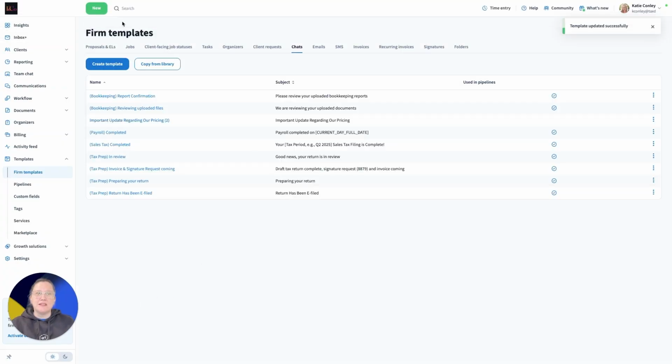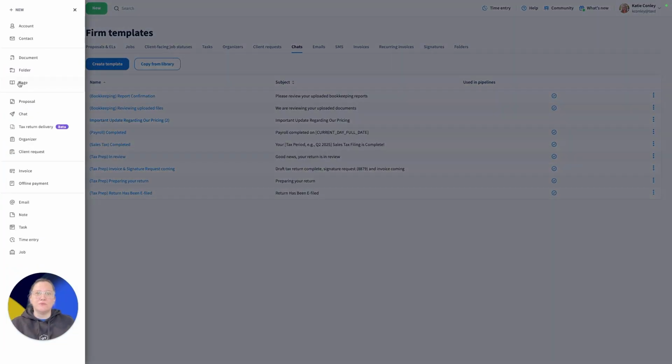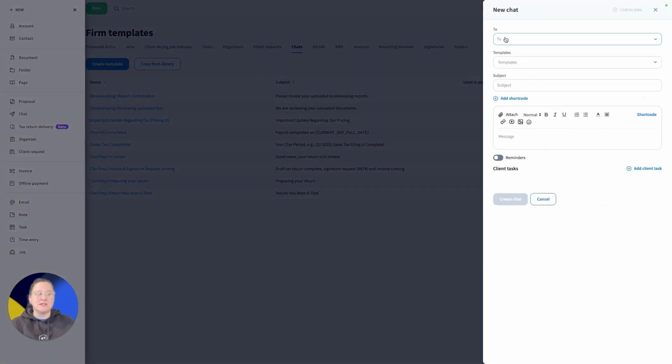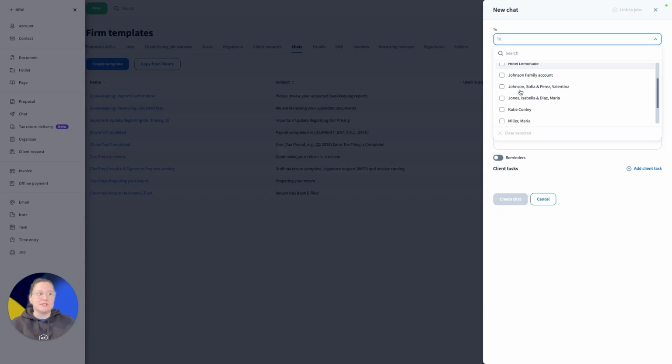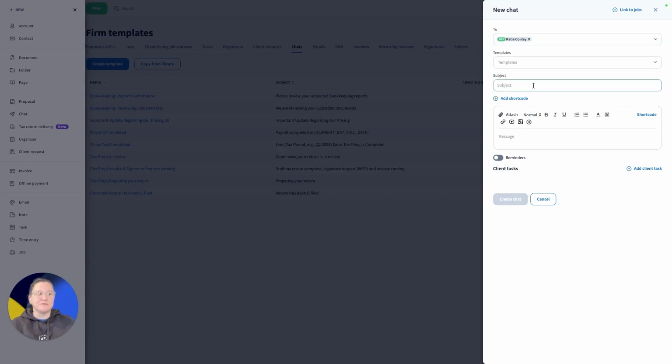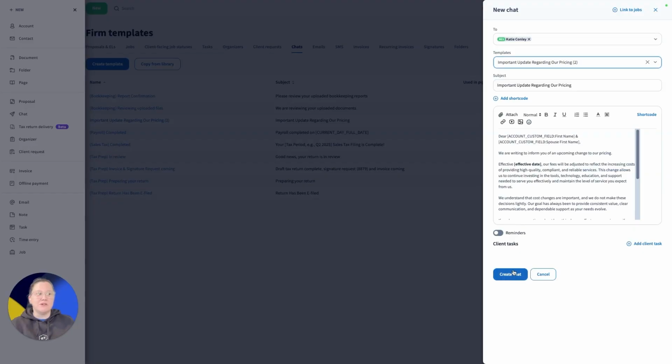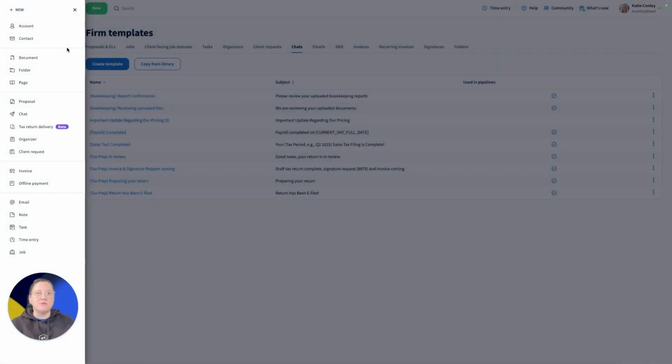And then to send this, you'd want to go to New, Chat, and then you can select everybody that you want to select, or you can select a single person. You would select your template, and then you go ahead and click Create Chat. You're also able to send this